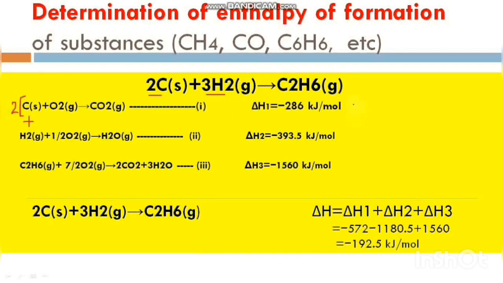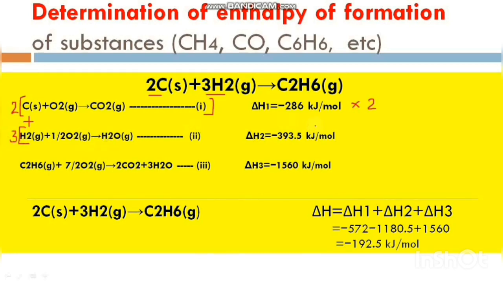The second equation is multiplied by 3 as in the required equation there are 3 moles of hydrogen, and its enthalpy value delta H2 is also multiplied by 3 and we get minus